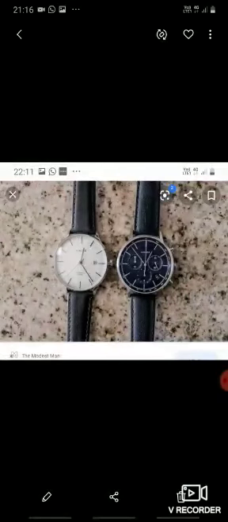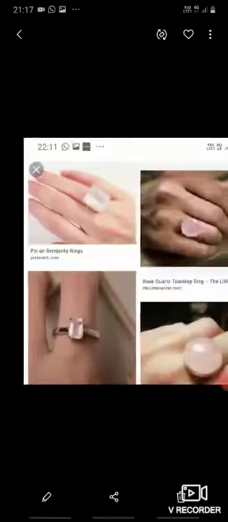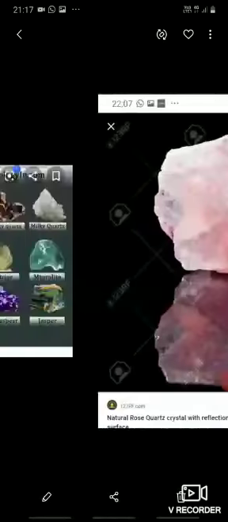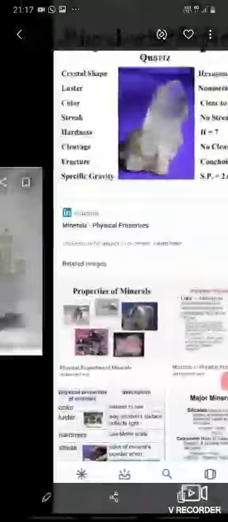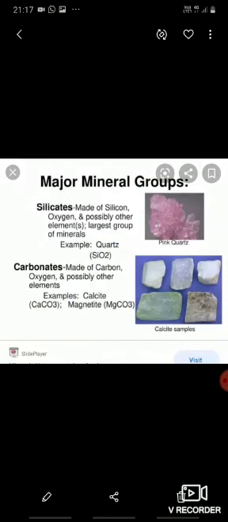Commonly, quartz are rock forming minerals. It is used for the formation of rocks. In a quartz watch, quartz has the property of piezoelectricity, so it can convert energy into electricity. That is why quartz is used in the watch. Quartz watches we are using. Varieties of quartz are there, as I have told you the important properties of quartz.